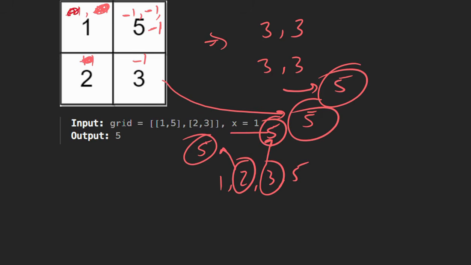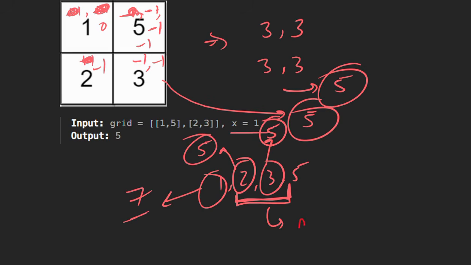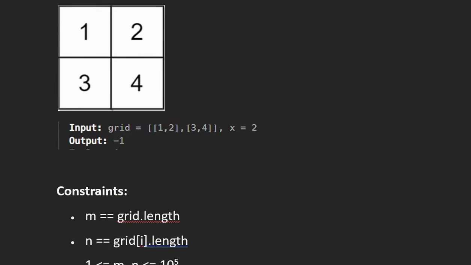Suppose we have to convert all the elements to 1, so 0 operations here, 4 operations here to convert to 1, 1 operation here and 2 operations here. So if we convert to 1, the number of operations is 4 plus 6 plus 7, so 7 operations are required. If you notice one thing from here, if you are converting to any median value, then the number of operations is less. So this is one observation. Let's see the next example.